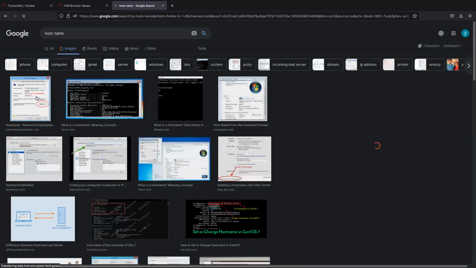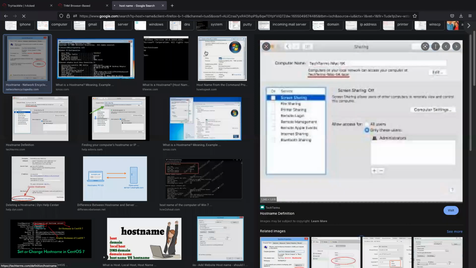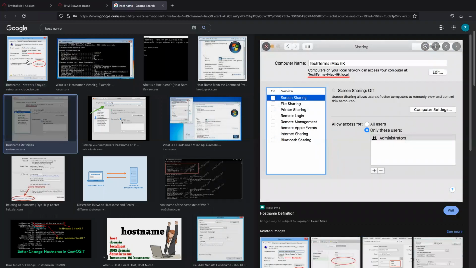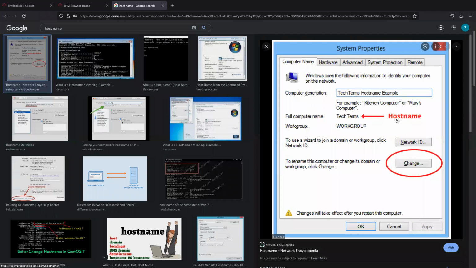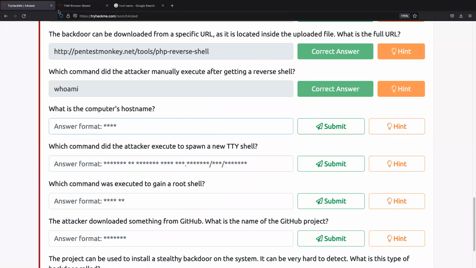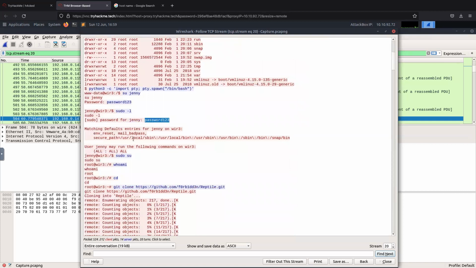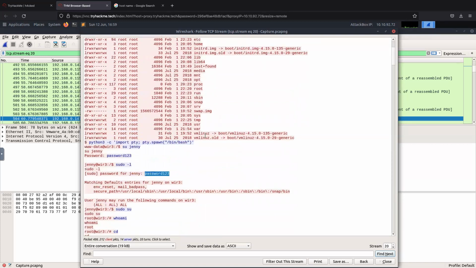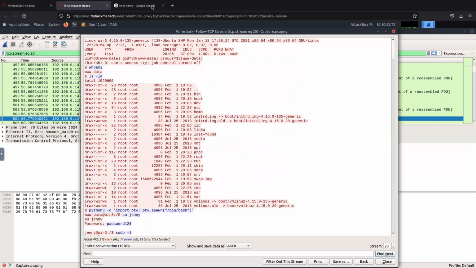On Windows it would probably be one thing, but on Linux it'd be different. I'm pretty sure I can find that here. It'd be most likely